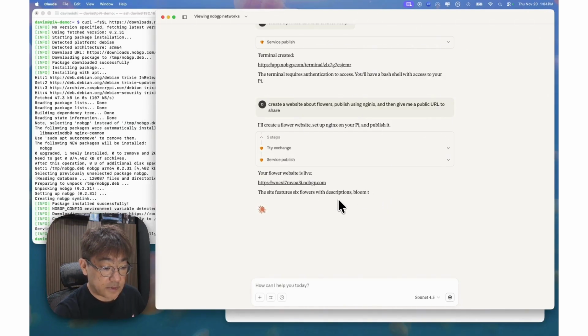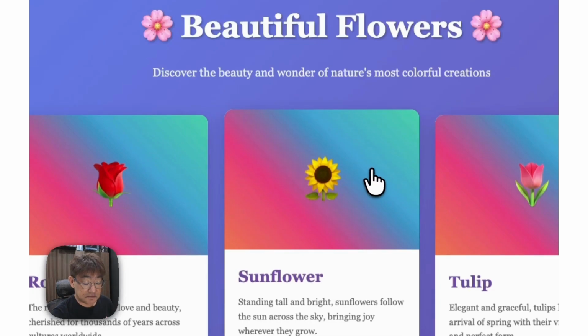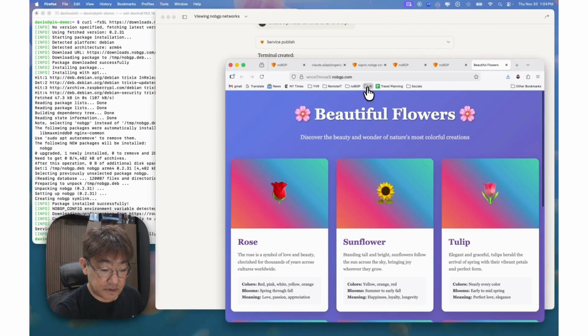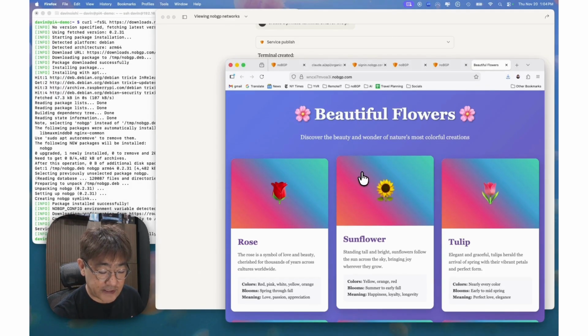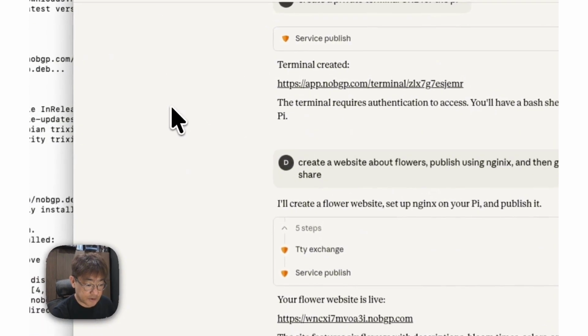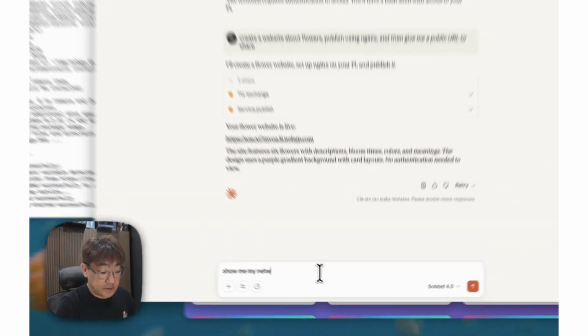Okay, so it creates a website, gives me the URL, gives me a little summary of what the website looks like. I can open the website. Looks good, right? So if you go and plug this URL into any browser, it doesn't have to be on my computer. It should work. This URL probably won't work by the time you're watching this video, but it did exactly what I asked for. Great. If I go back to show me my networks again,